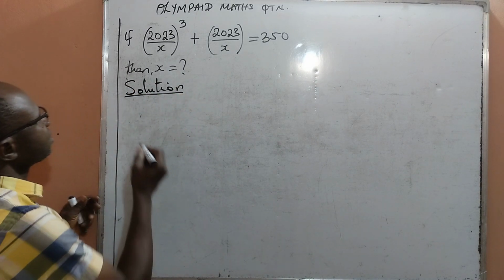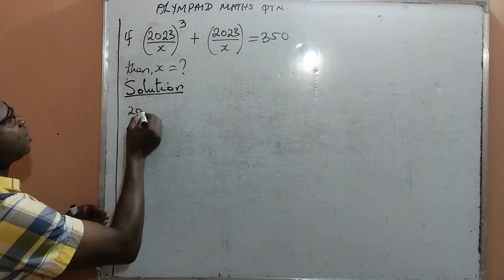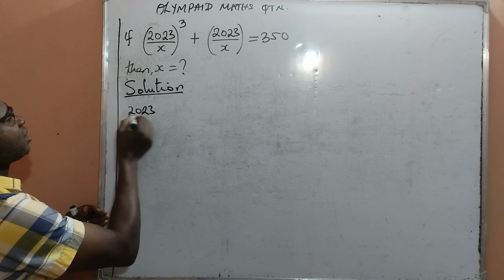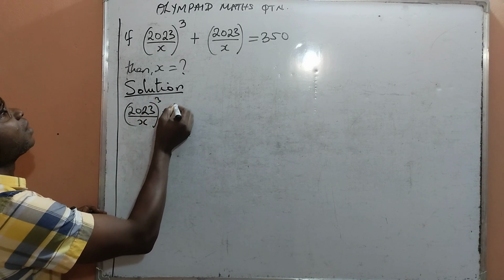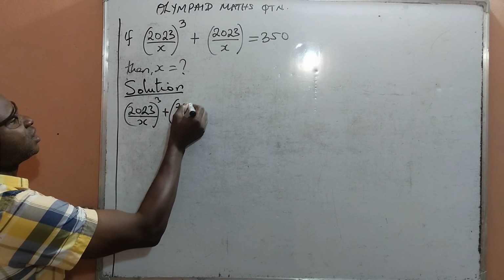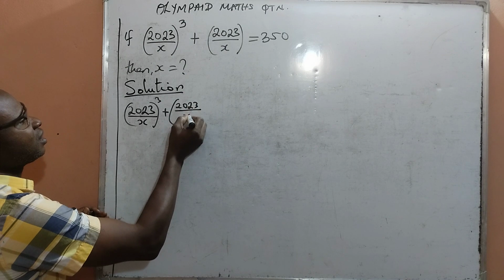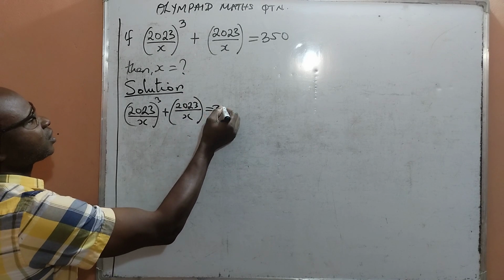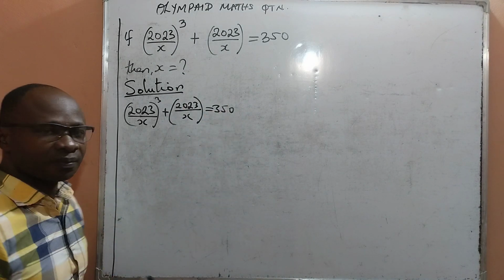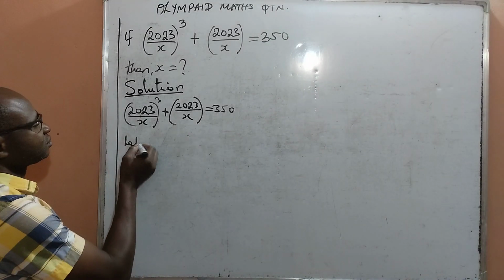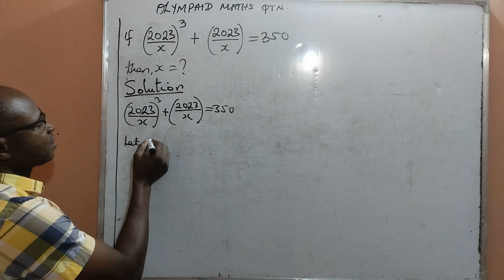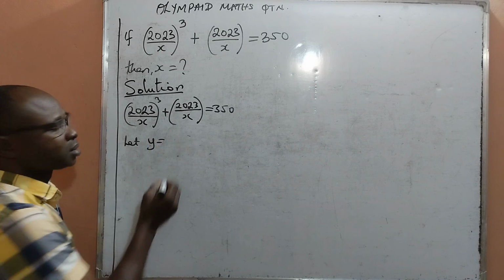The given question is (2023/x)^3 + 2023/x = 350. First and foremost, let's make y equal to